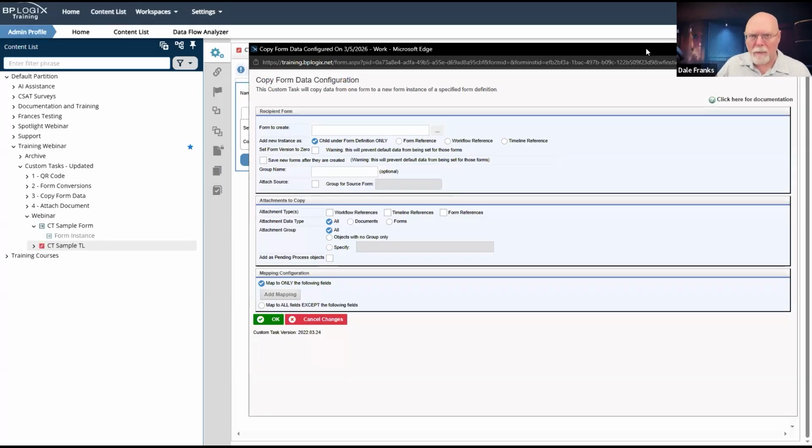When you invoke the sub process via a process activity, it automatically, or at least by default, you can change the behavior, but by default, when the sub process is created, the form for your parent process, so in this example, our CT sample form, that form instance will get copied down to the sub process. And now it exists in the sub process as a process attachment.